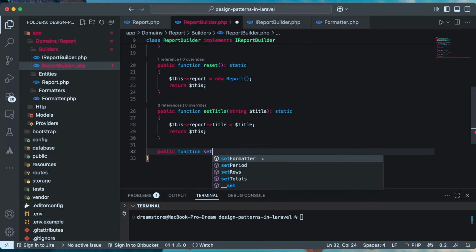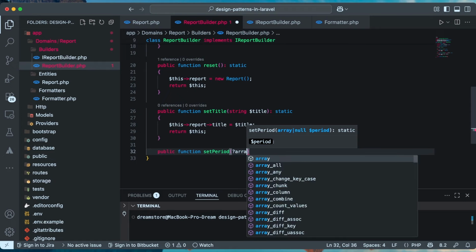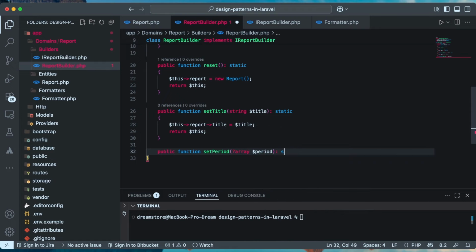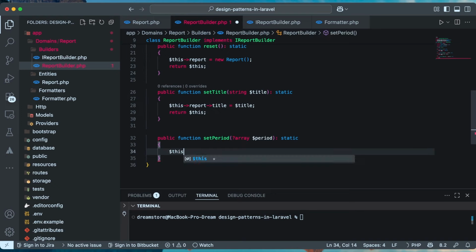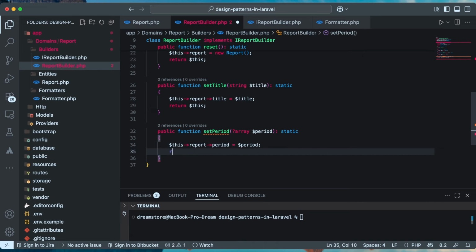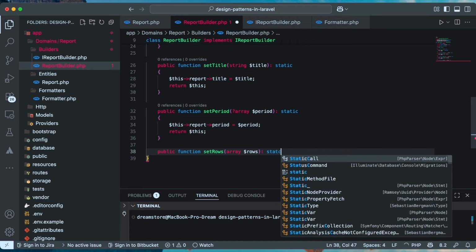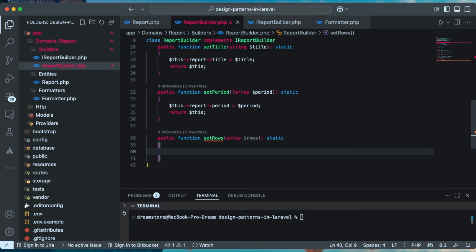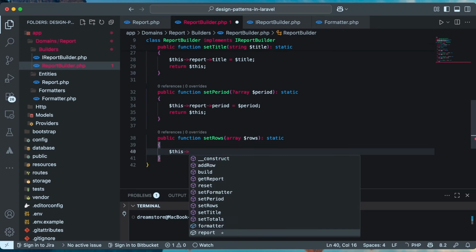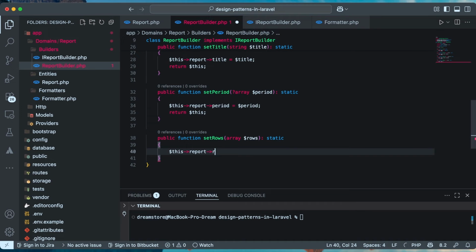Now we need to define set period, so we type here array period, again static, and again it's just define value of period, so we type here period. Of course, as I mentioned previously, all these functions can be not only just some setters or getters or something like that. You can define a lot of different other functions, and we will see another example of internal Laravel classes that use this pattern to allow you build